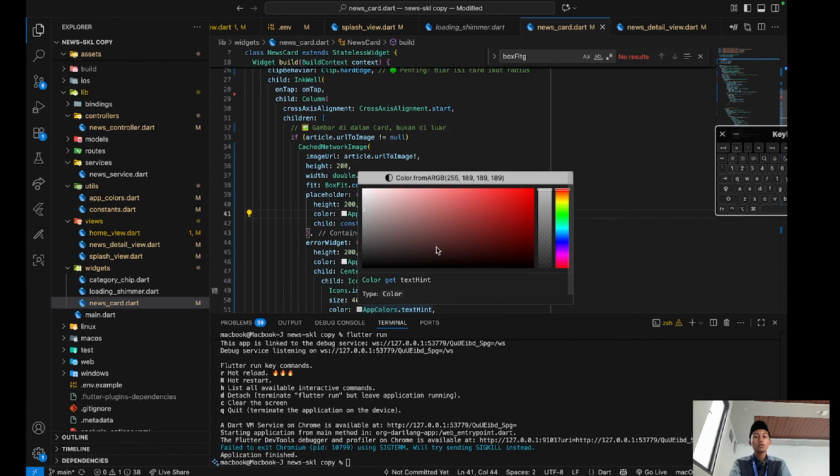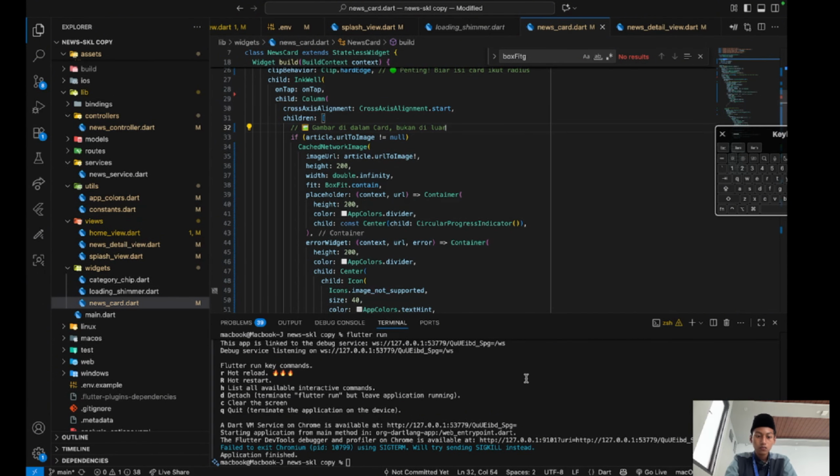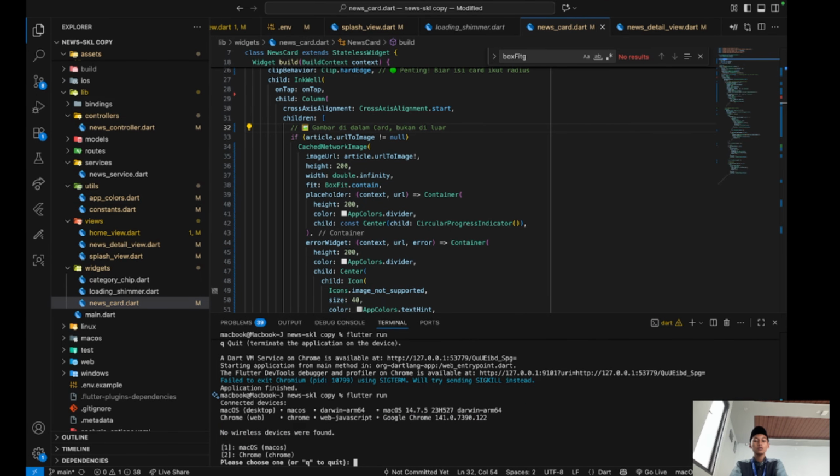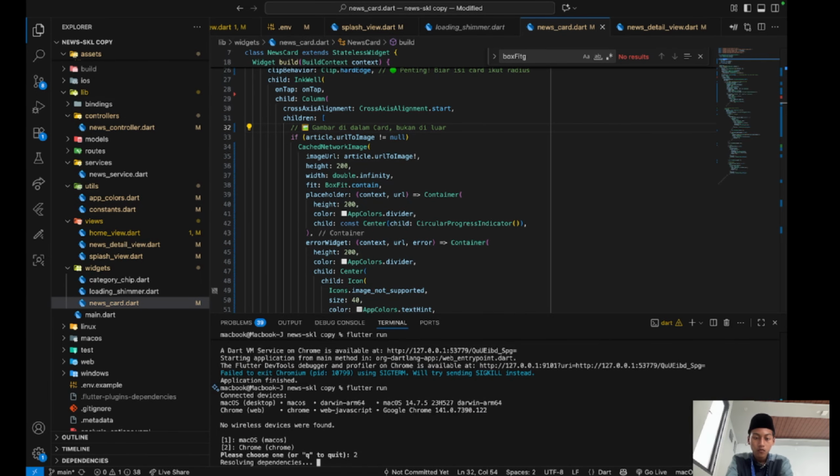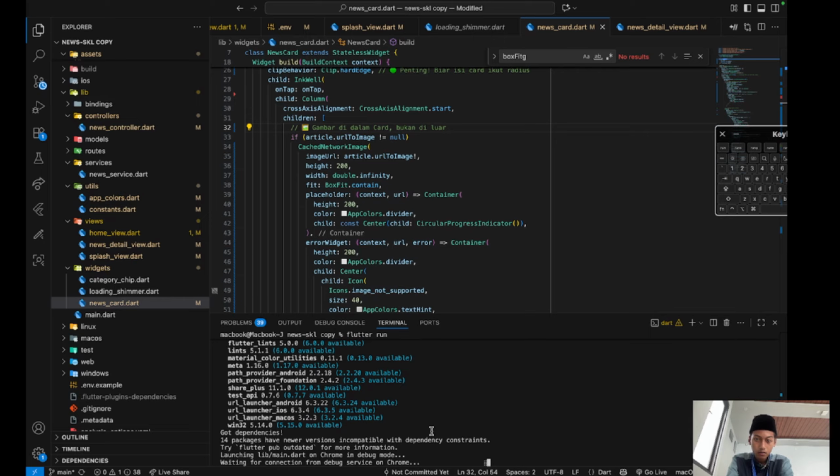So now we can start my news project in the terminal. You can fill the terminal with flutter run. And then I use Chrome for my project because Chrome is easier.